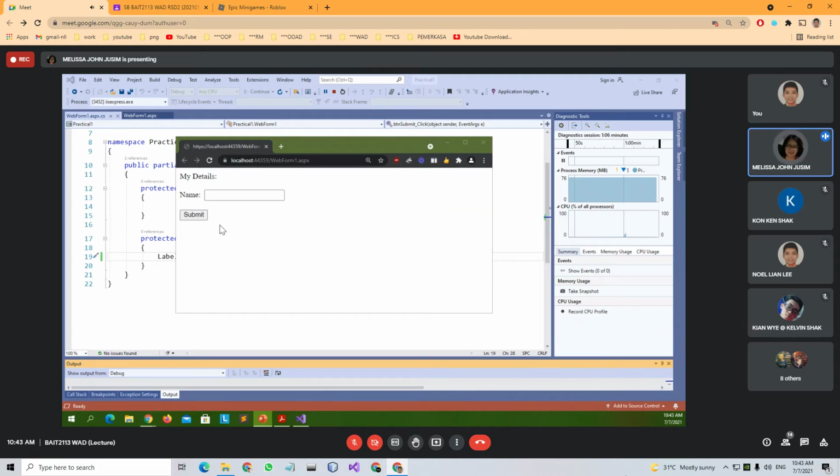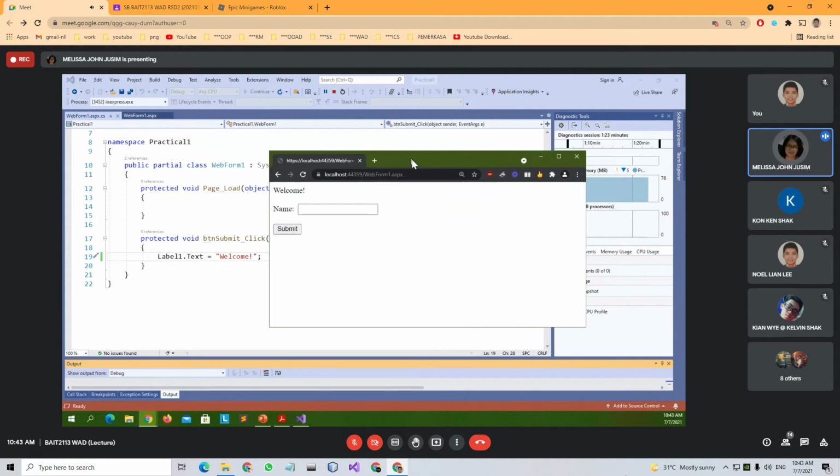Now is the ASP.NET server control event, so it needs user interaction. I have this button, click on it, and I can see welcome. So this is where, let me go back to the Postback just now.